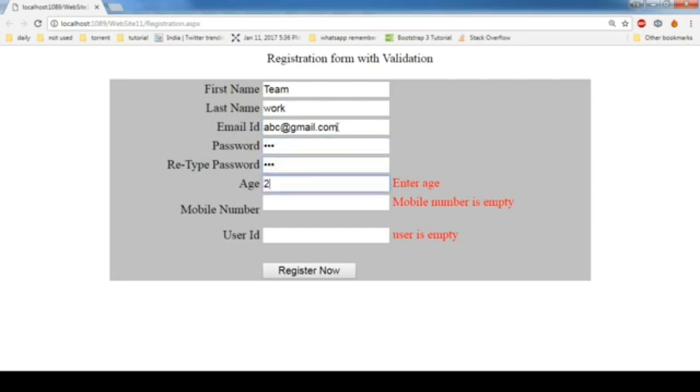Once I have entered that, we do not get any message. And the text mode for the password we have changed to password, so just see that the bullets are there. In the mobile number we have entered only 2 numbers, and the length we have specified is 10, so we should enter 10 numbers. Again we are getting an error because there are a total of 9 numbers, so I just need to enter one more. Now just see, the error disappears.